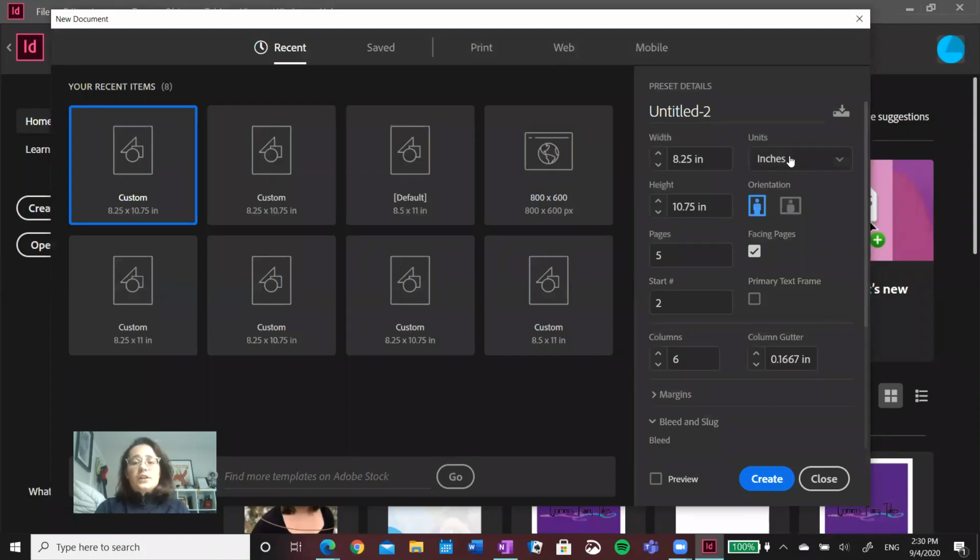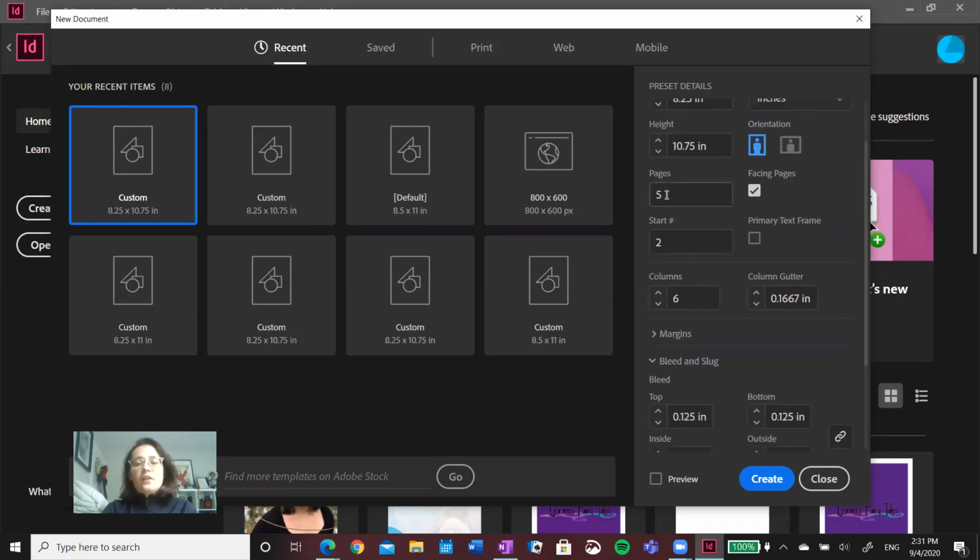Make sure that your units are in inches, portrait orientation, facing pages, great. Then your width is 8.25 inches and your height is 10.75 inches. This is the Odyssey magazine format. Then you can have however many pages as you want, and if you are a section editor,